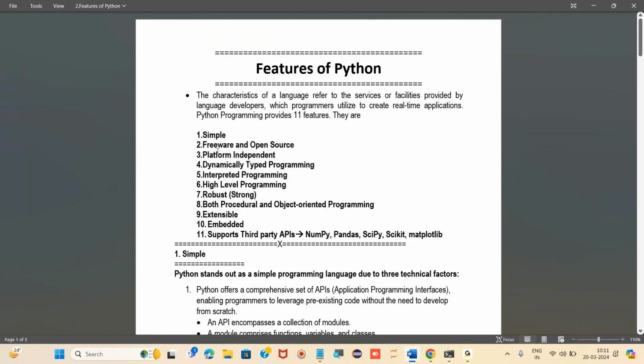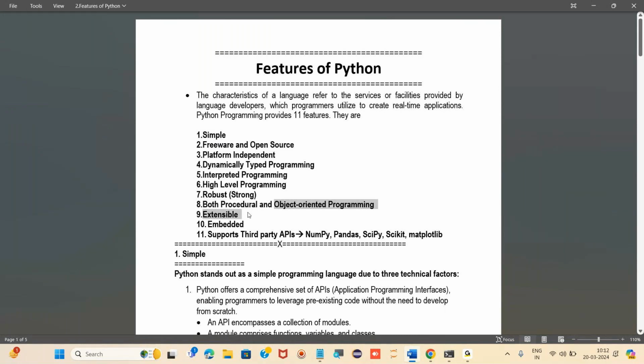The major 11 features we have for Python, they are: simple. I'll explain you why Python is simple, why Python is freeware and open source, right? Platform independent, dynamically typed programming, interpreted programming, high level programming, robust, which is nothing but strong. Also, it is procedural, or we can say functional oriented, and object oriented, right?